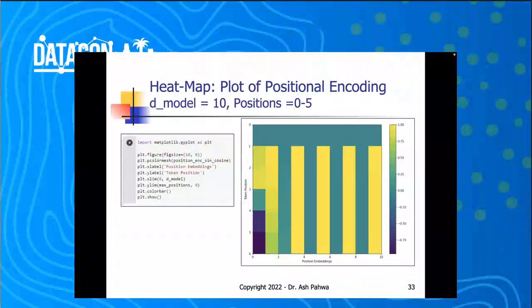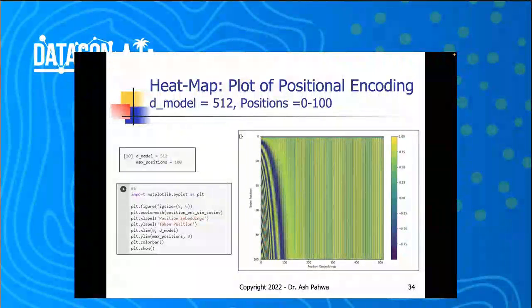I can also plot the data. I can create a heat map for it, and with d equal to 10, I can create a heat map. But now suppose I take my model size to be 512, I can create another heat map. Some of you who might have seen papers on transformers must remember this diagram. But you can generate this diagram all by yourself. When d is equal to 512, you will get this diagram. In the original transformer paper, this diagram was there. So this basically proves that the code which I've written for positional encoding is correct.